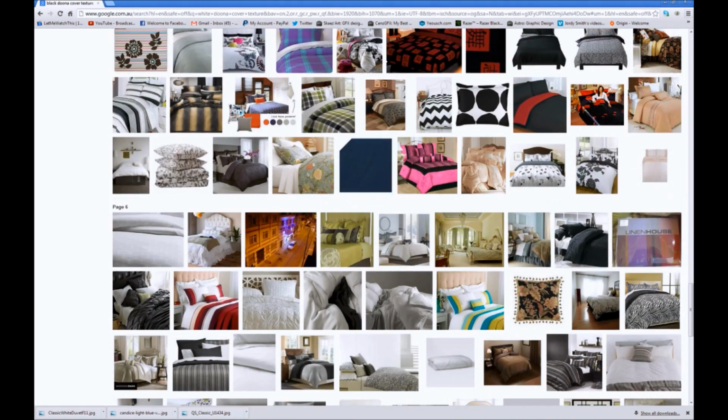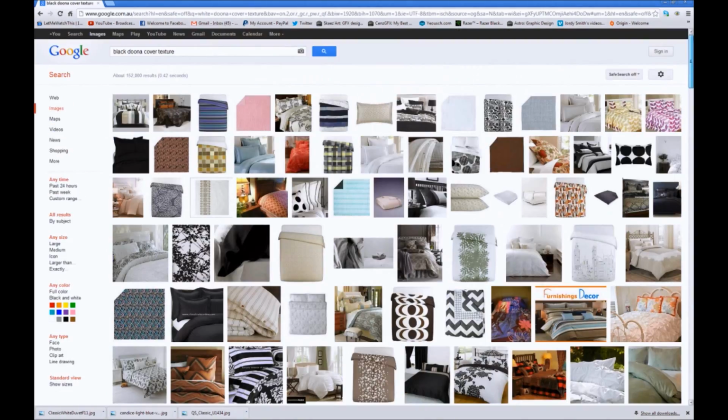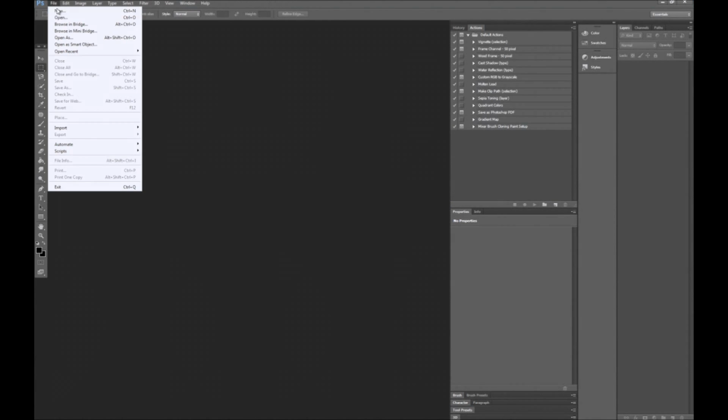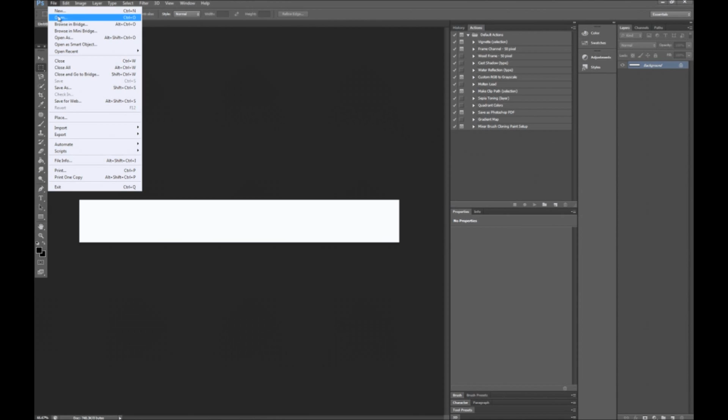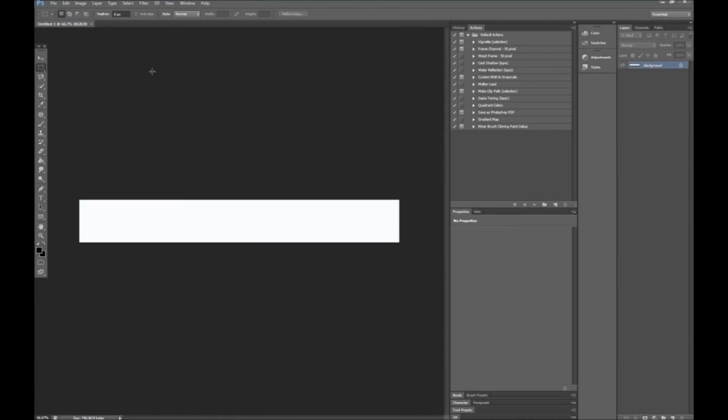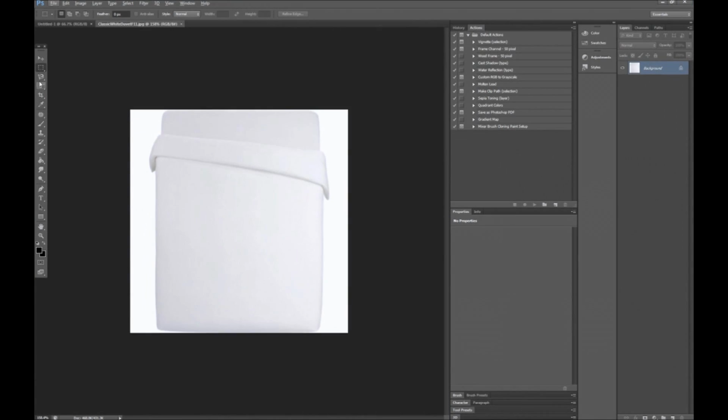Yeah, this is going to be a bit harder to find. I'll just go large, file, new, oops, file, open, classic white doublet, and you just want to take this,